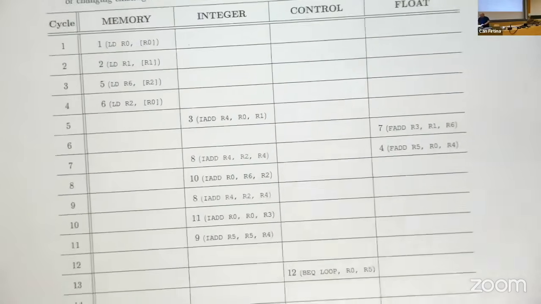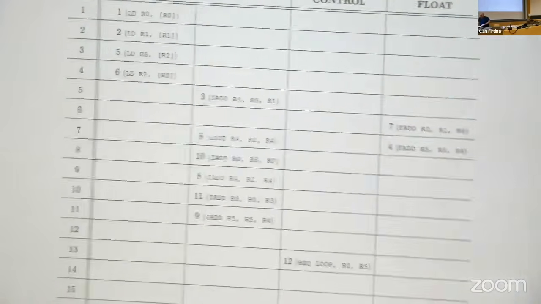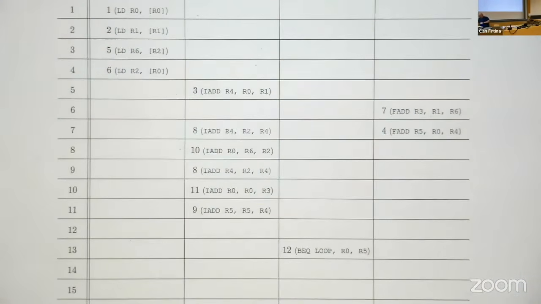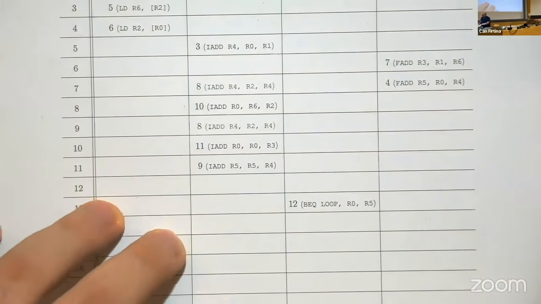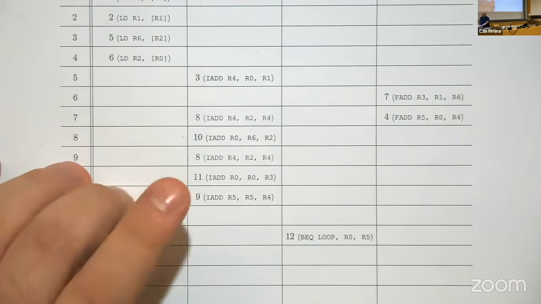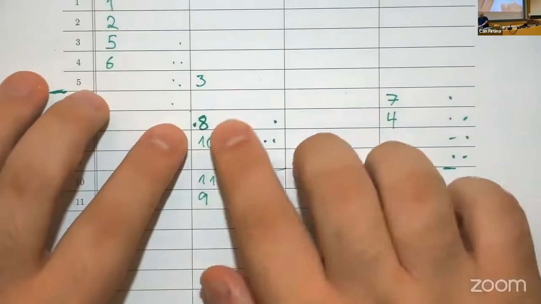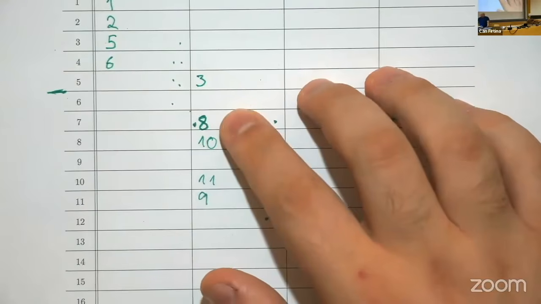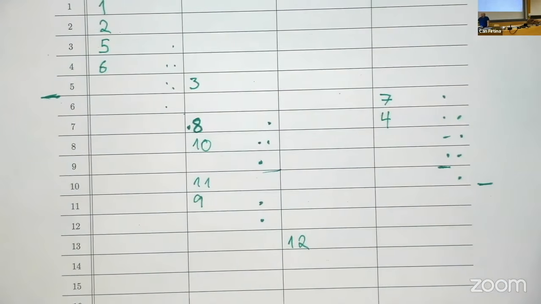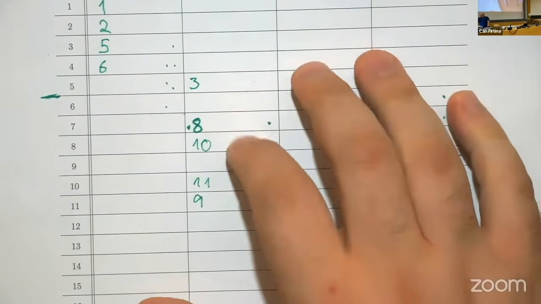Cool. Just for your reference, this is the final solution. This should look almost exactly like mine. And I will highlight one thing, which is the most eagle-eyed among you will have noticed that this table actually has one more instruction than the one that I just filled in. The reason for that is that if you notice, this instruction 8, because nothing else depends on it, can go here, which is the earliest that it can be executed, but there's also no harm in placing it here between